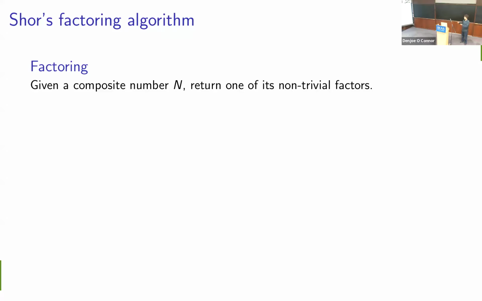But on the other hand, I think the factoring algorithm really shows more of the power of quantum computation intrinsically. So let's talk about that a little bit. The factoring problem is the problem of, given a large number and the promise that this number is composite, so it's a product of some non-trivial numbers, the task is to find one of these factors. Non-trivial in the sense that it's not 1 or n itself. Those are the trivial factors.